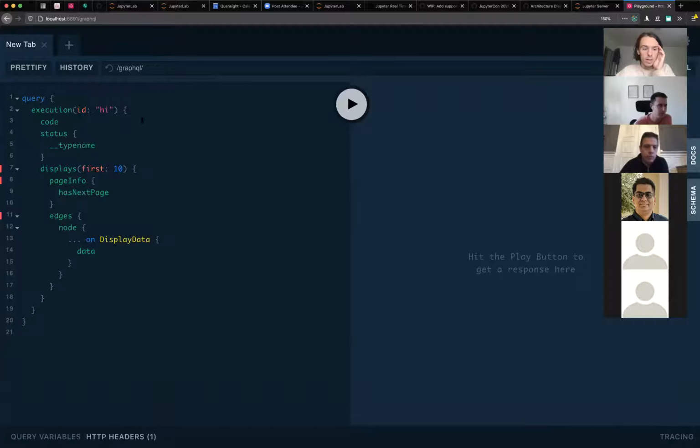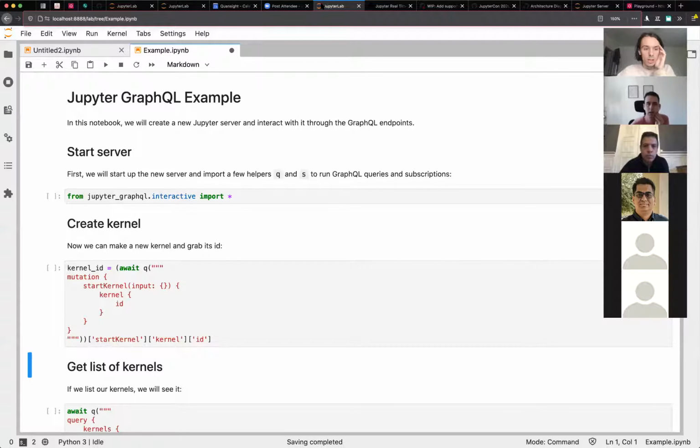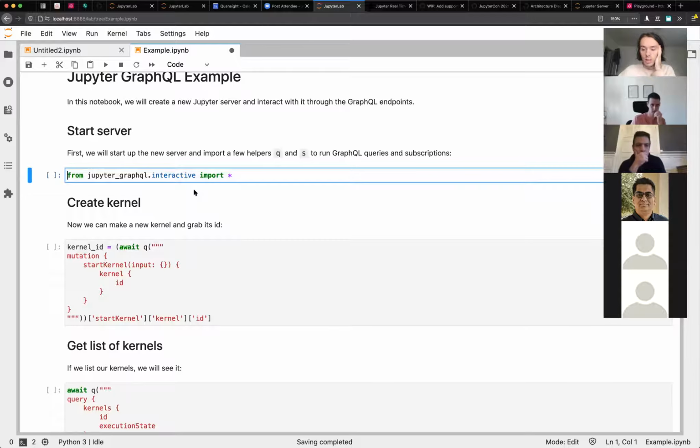But this is kind of cumbersome to write a bunch of queries and then get the results back and use them. So I wanted to, and I have some tests that test the queries. So I thought it might be nice to be able to do this in a notebook